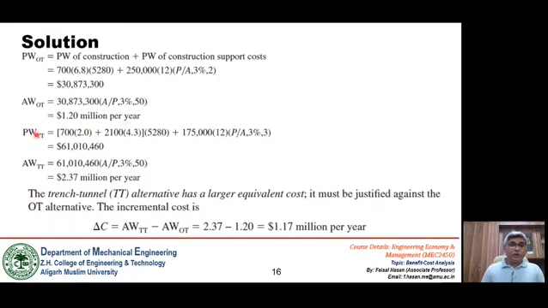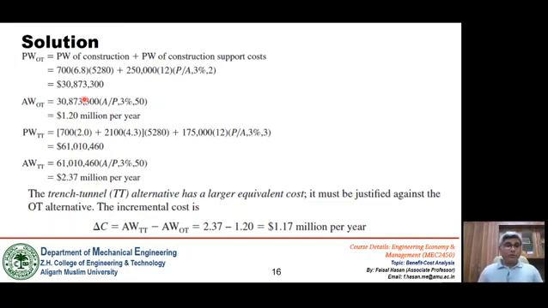given as 50. So we have to convert this present worth into annuities up to year 50. We use the relationship between A and P, where P is given and we are interested in computing A. The interest rate is given as 3% and the time of the project is 50 years. If we convert this present worth into annuities over a period of 50 years, it comes out to be $2.37 million per year.